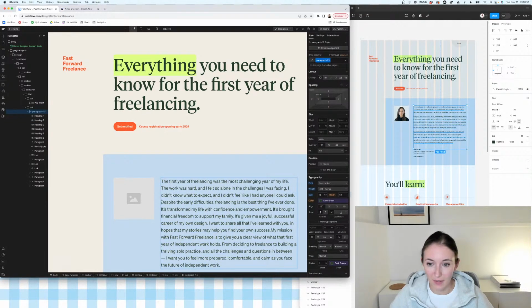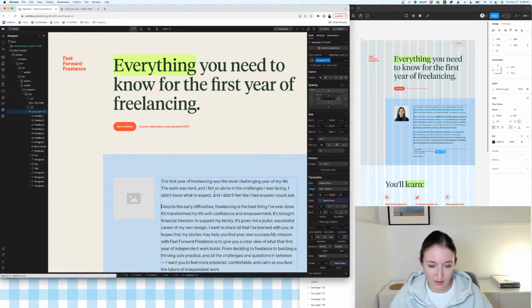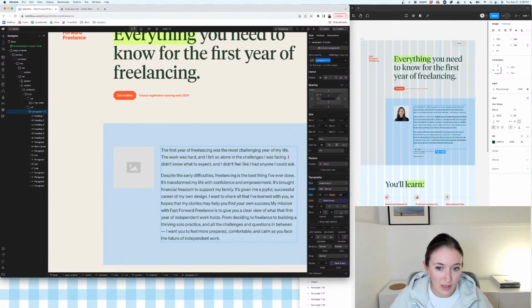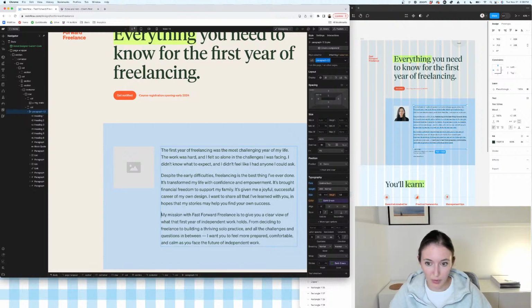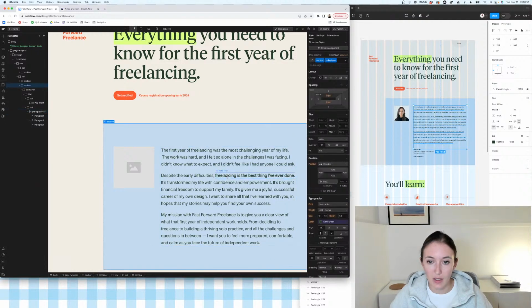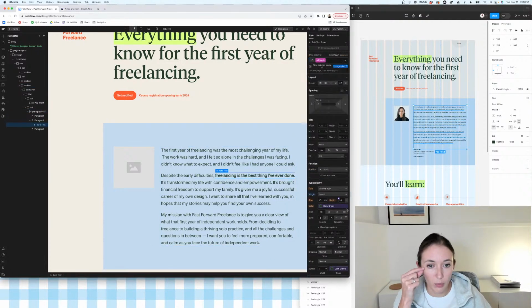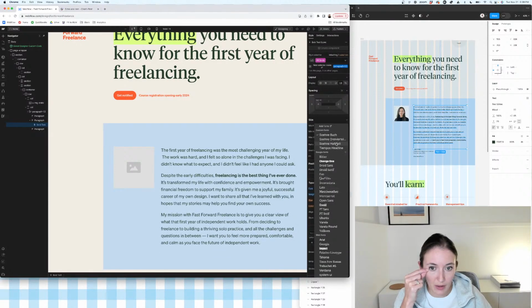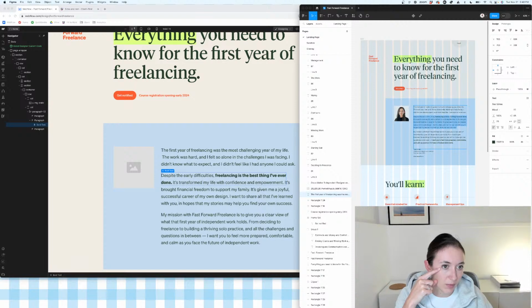Perfect. So let's give that a little bit of styling in here. Sometimes it doesn't always copy, especially with line breaks, into a rich text block. Which is fine. So I'm just going to highlight this and bold it. And I also want to style all bolds to be this other weight of the typeface